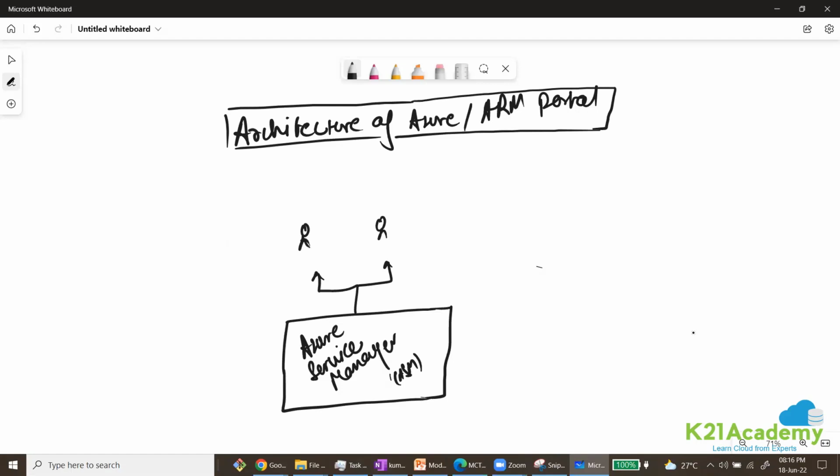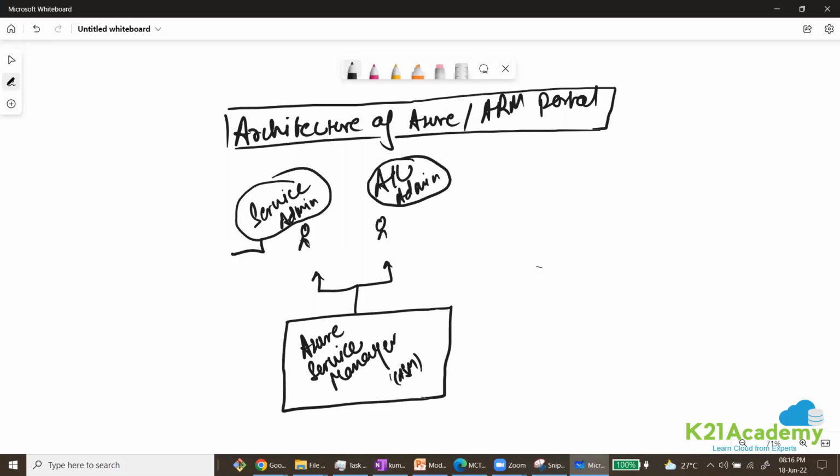There used to be something called the service administrator and something called the account administrator. These roles can be held by one user only at one specific point of time. This service administrator used to have 200